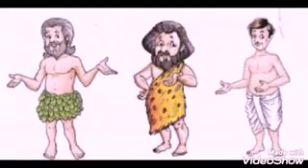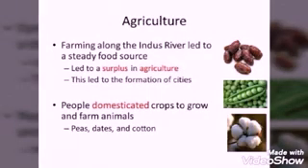Ancient people used to wear bark and leaves of trees or animal skins and fur, which is the hair of animals, to cover themselves and to protect their body from climatic conditions and also from the external environment. Usually these people were nomadic and they moved from one place to another in search of food and shelter.